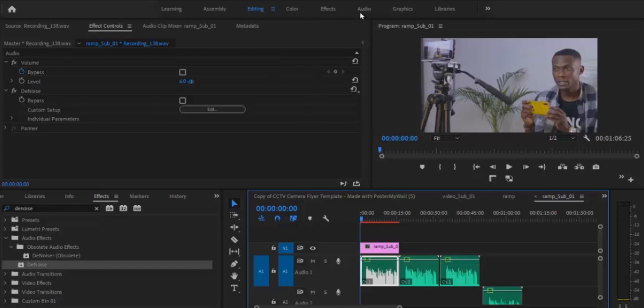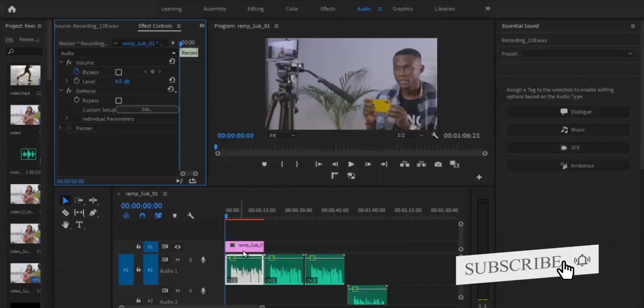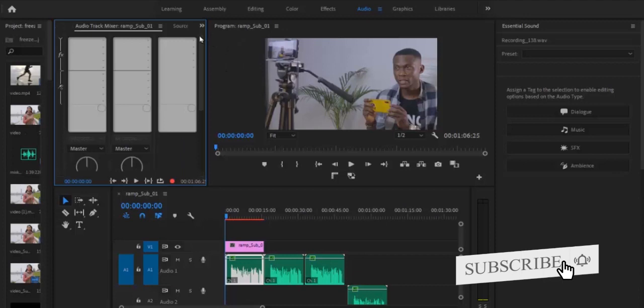All you need to do is to come over to your audio over here. And once you're in your audio, you can come over to this arrow here, select this arrow and select audio track mixer. Remember guys, we're trying to apply the effect to a whole track. So you don't want to select audio clip mixer, select your audio track mixer, and then you will